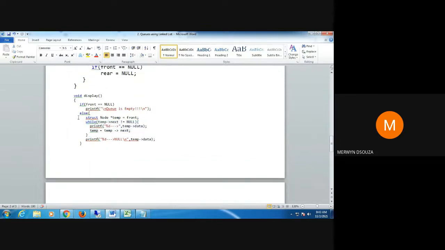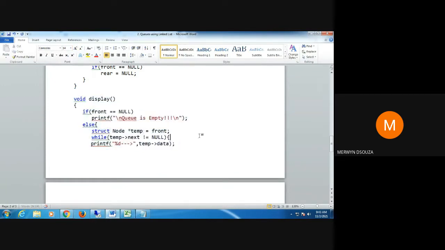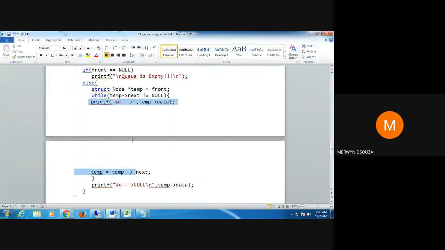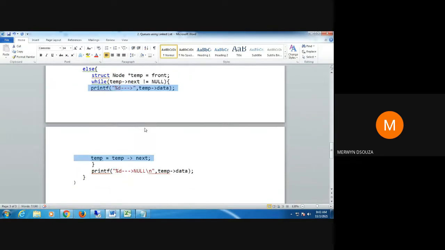You initialize from the first value in your linked list, which is pointed to by front. You give front to a temporary variable temp, and till temp next is not equal to null, you keep shifting temp and displaying the data. That is how your display function will work.